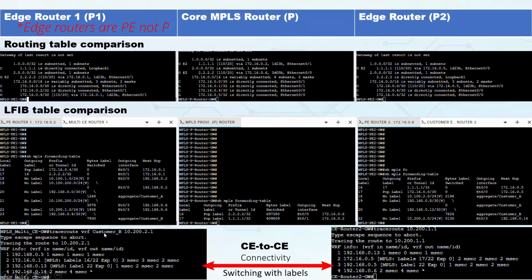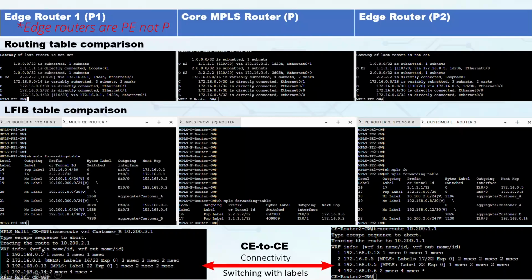If you do a traceroute from customer B on this CE router, the multi-CE router, to this CE router, you can see that it goes through the various links. The first one has no label, and then it goes through the core, and then you can see the labels here, 16, the inner label, 22, the outer label, and then it gets here. It pops the label and delivers it to the router that terminates